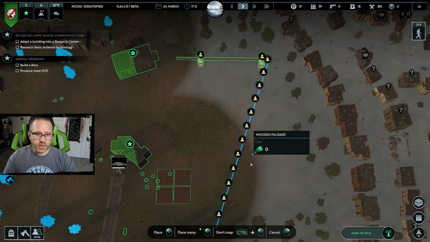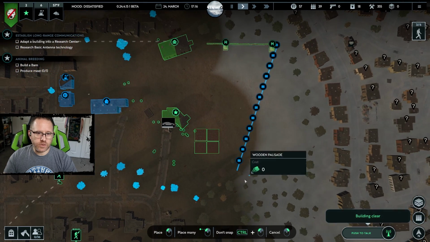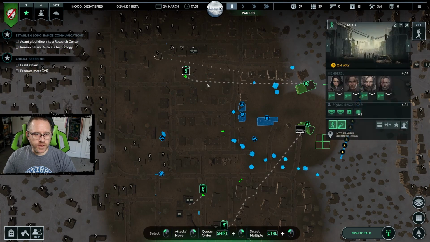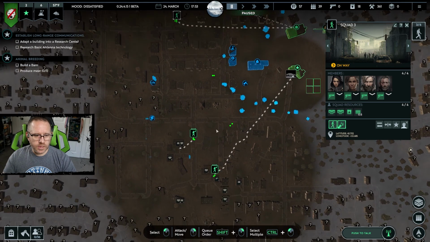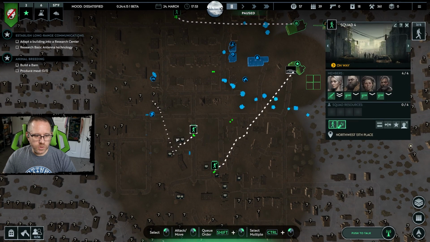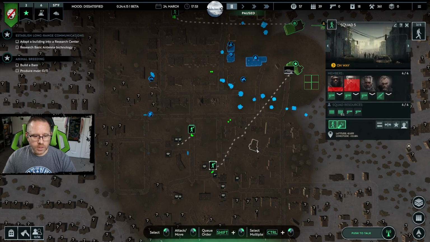Alright, so planning that next wooden palisade down the side. 5:30. We're going to want these guys to return, go out, come back. Ready for action. Roger. This one will go there, and then come back, and then go there. This one's already,